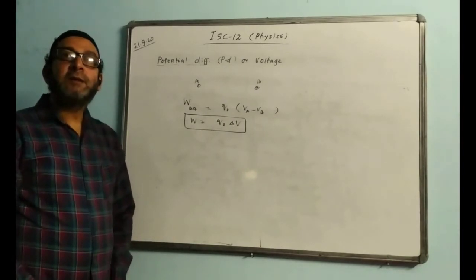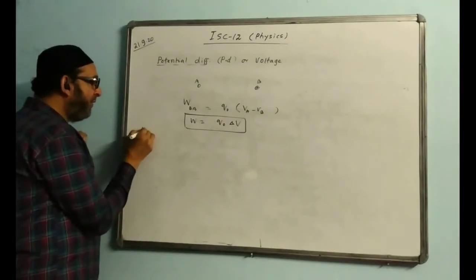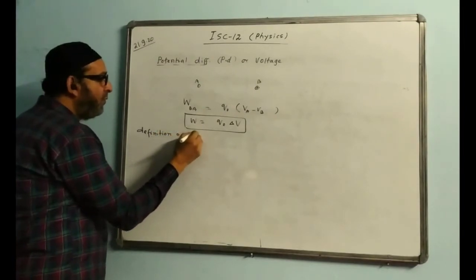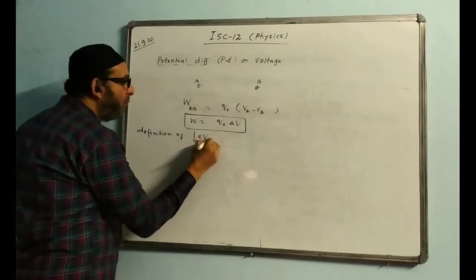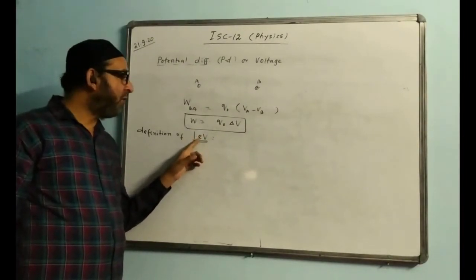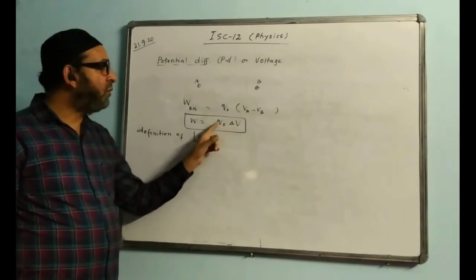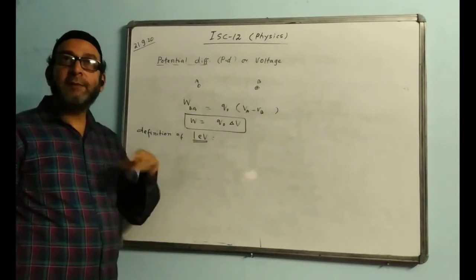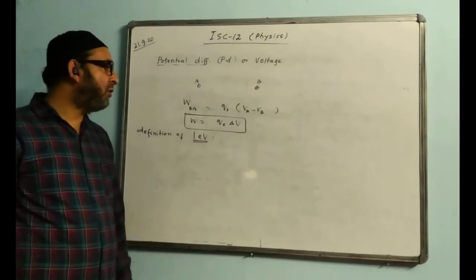And this gives us an important definition that is called electron volt. You can write down the definition of 1 eV, 1 electron volt. What is E? E is the charge of the electron and V is the voltage. Charge and voltage you multiply, what will you get? You get work done. And work done is the same as the gain in energy, gaining kinetic energy.